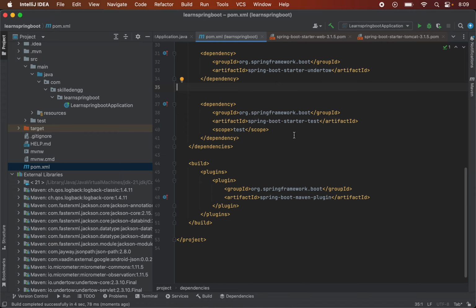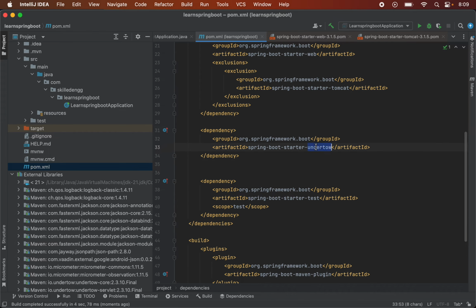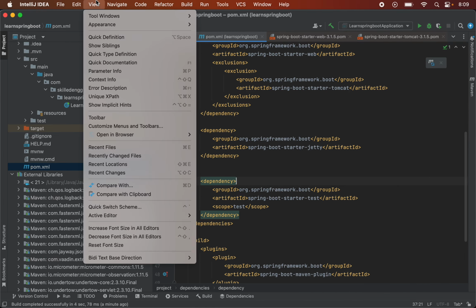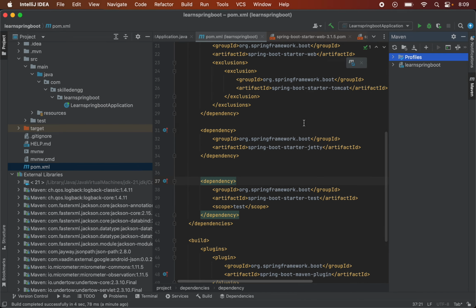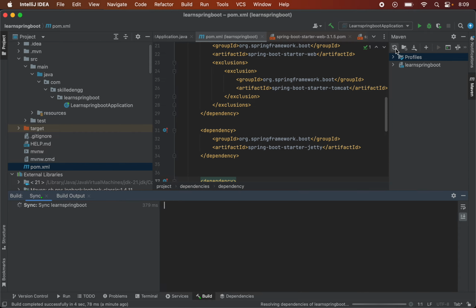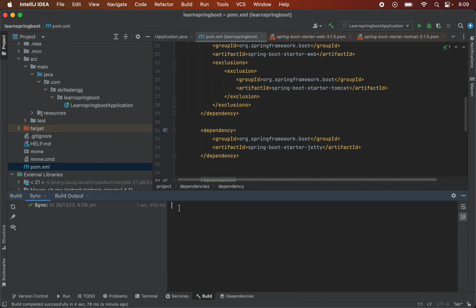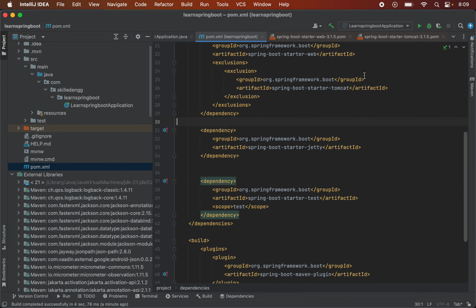Now let me show you if you want to use the Jetty server here. If I change this to Jetty, and save this, and again I will go to View, then Maven, and refresh this. I will hide this. It has been synced. Now if I run the application again,